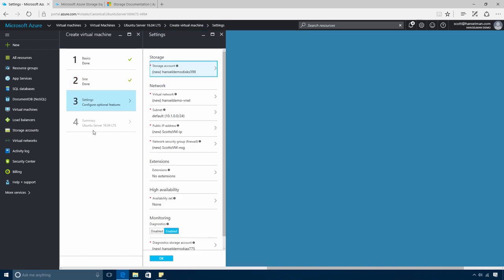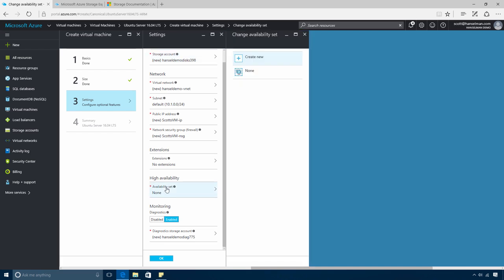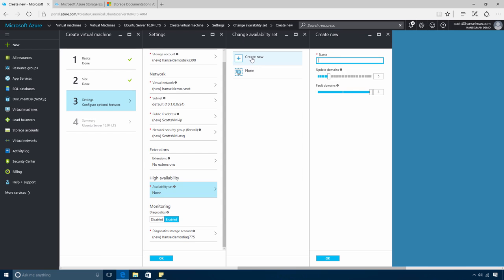Next, I can pick required options like virtual networks and what storage account it lives in, and I'm going to pick the defaults. Now, if you plan to have a group of VMs, you might want to create an availability set so that you can group your VMs together and then load balance traffic across them. We can create a new availability set by selecting the high availability option and then clicking New on the next blade. I'll call it